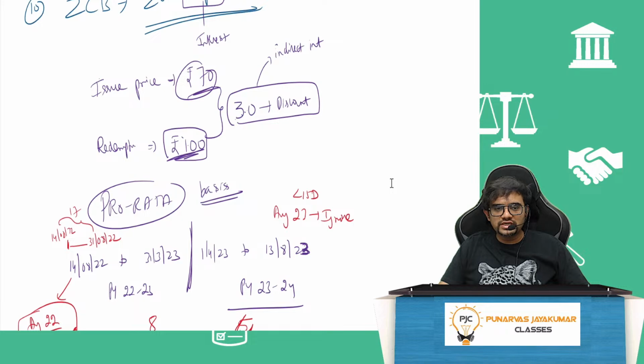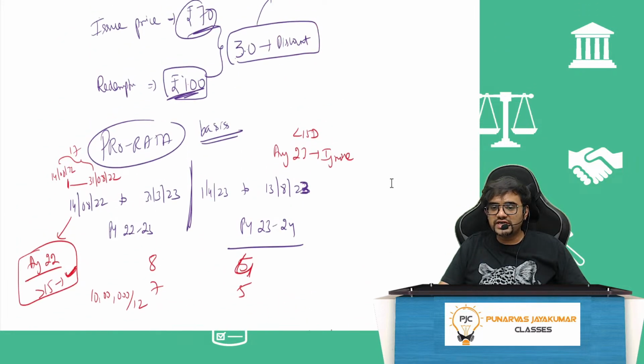If the tenure is 12 months, that 30,000 is divided by 12, and I should take this basis every month. That's all, simple. If it's 18 months, it is 30,000 divided by 18. But my financial year comes for 12 months, hence 30,000 divided by 18 will be my monthly amount, into 12.